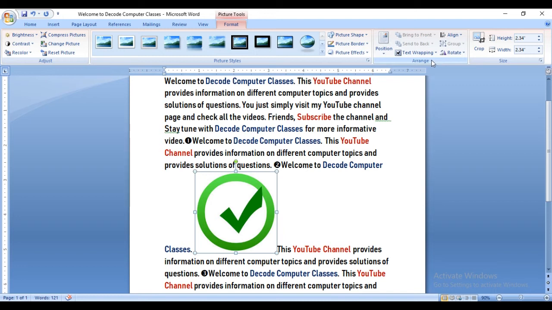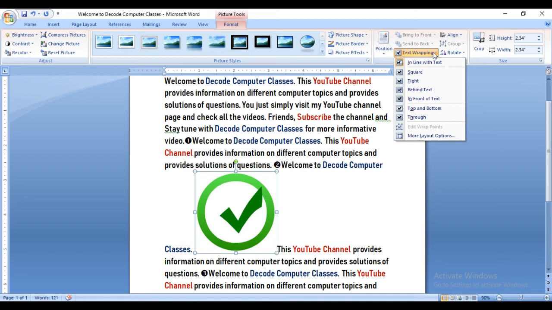So let's see, the text wrapping feature is also here in the arrange group. Please friends, remember where you get the feature, please remember that location in any kind of application, because it might be useful in your examination. It is more frequently asked which group, under which tab, this option is in, so it is important to learn this as well. So now let's see the text wrapping feature.